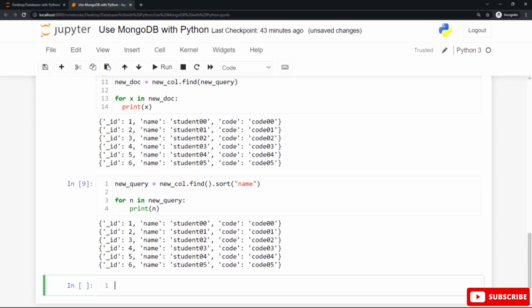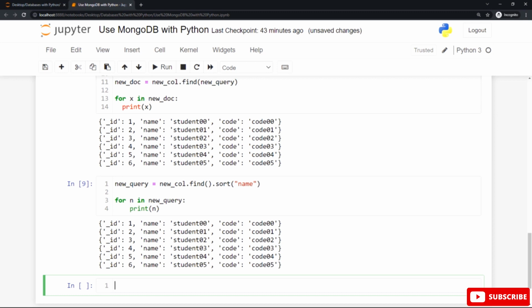Actually, all the documents are already sorted, so you can try this with other names. But now, let me show you how to sort these results in descending order instead of ascending order.